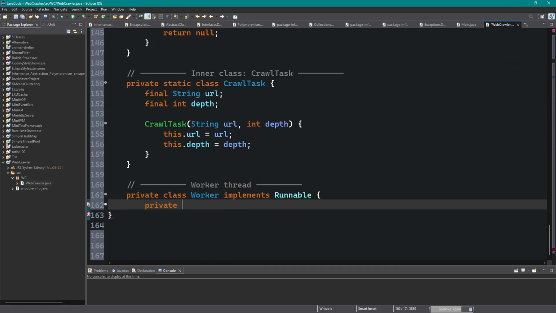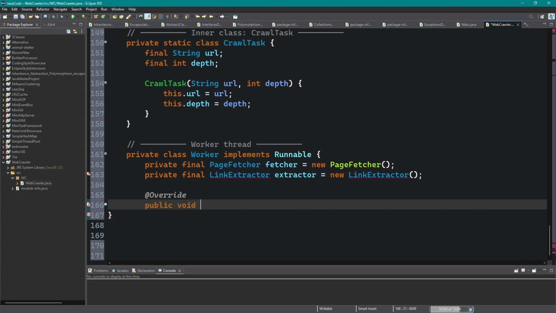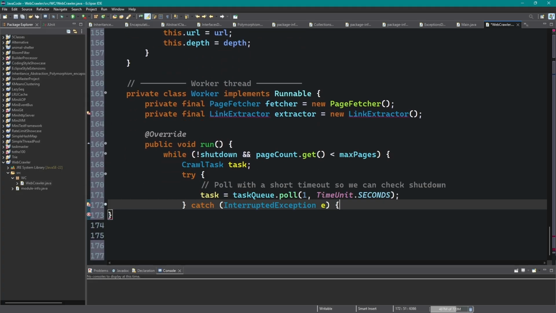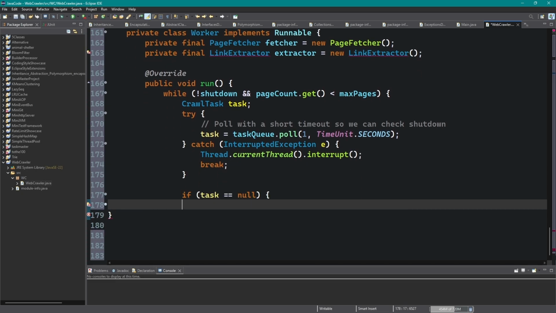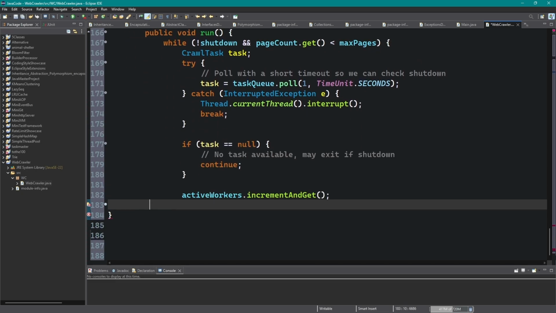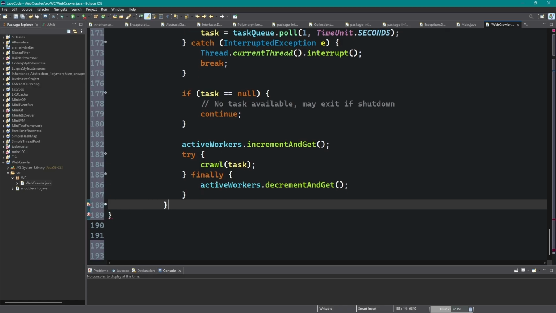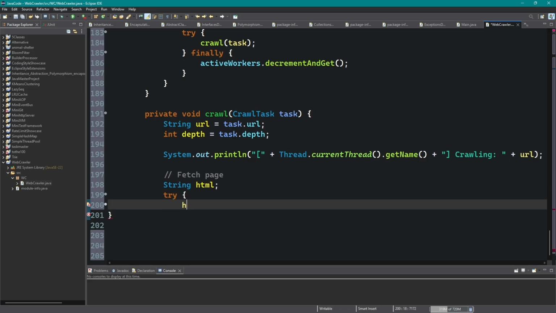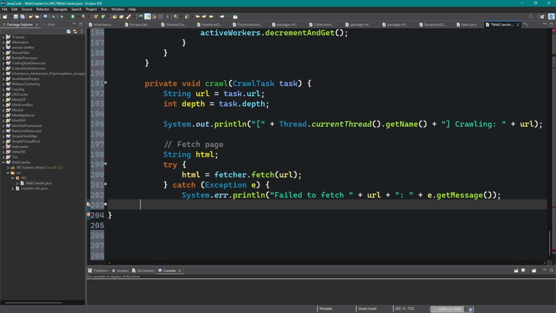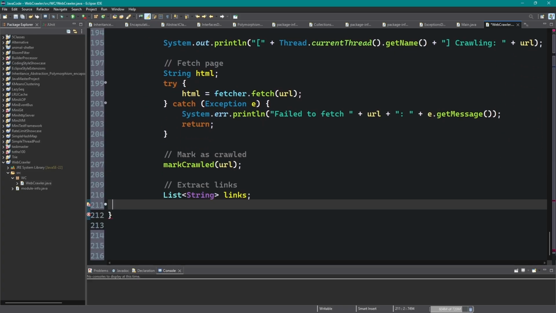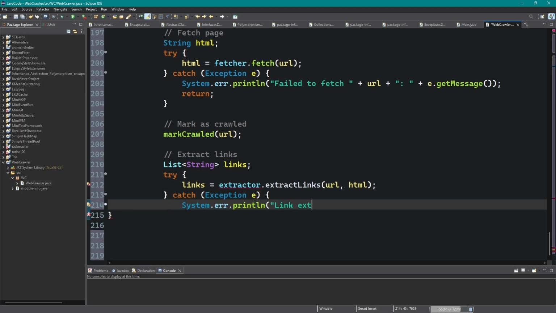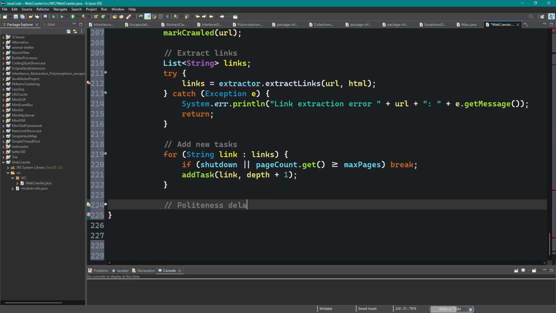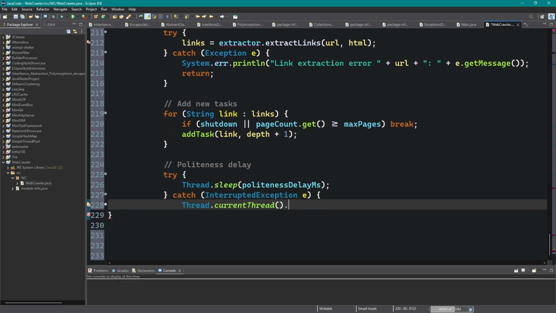addTask first normalizes the URL. It uses java.net.URI to lowercase the host, drop fragments, ensure a path, and keep scheme and query. If the URL is invalid, it's rejected. It then checks limits. If we've reached max pages or if the depth exceeds max depth, we skip. The visited map is updated atomically via putIfAbsent with value false, meaning queued. If the URL was already present, we skip. Finally, a CrawlTask is offered to the blocking queue. If the offer fails, unlikely,